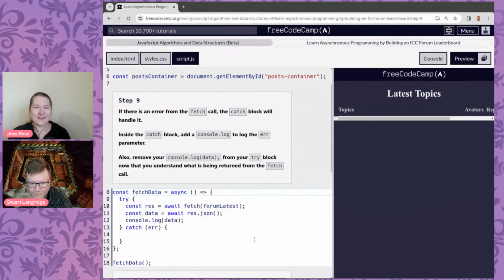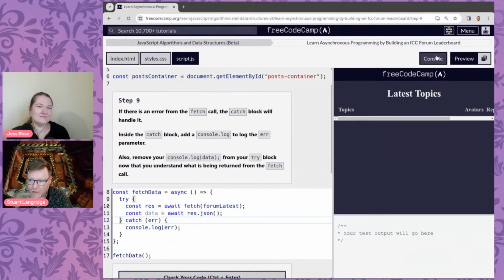So this catch is to say, hey, if we have a problem, here's what we're going to do instead. Add a console log. We're just going to console log the error. And then we need to remove that. Now, this is obviously not going to cause an error, but imagine we tried to fetch,